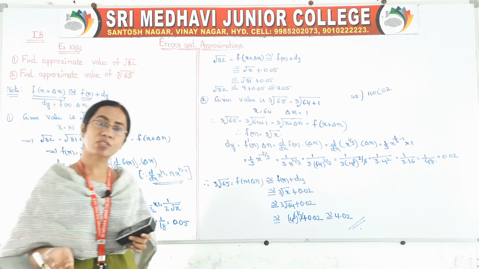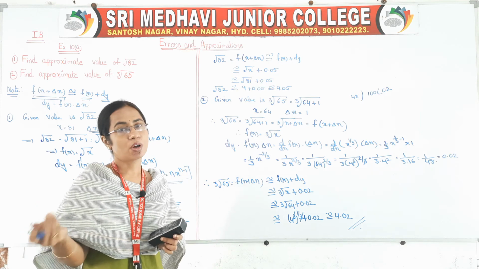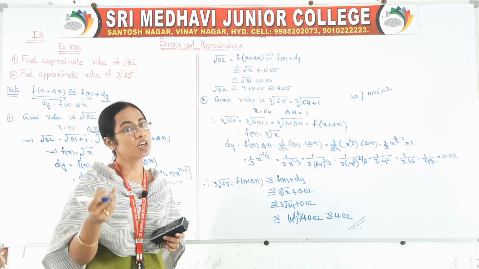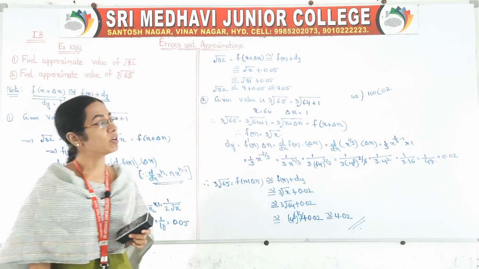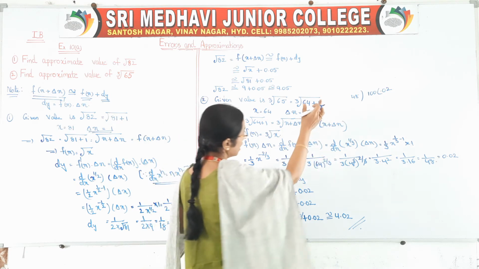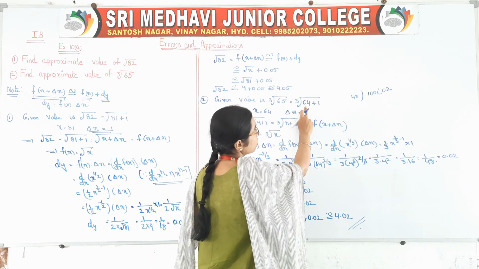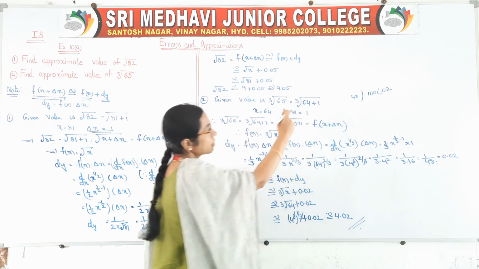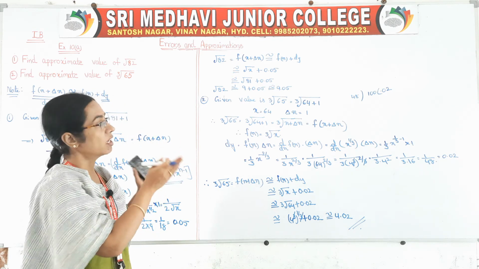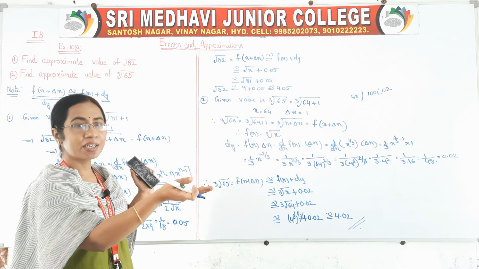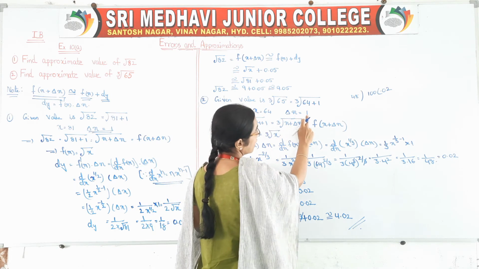If they are perfect squares or perfect cube roots, then no problem, directly we will get it. But instead of perfect cube roots or perfect square roots, suppose values are given to you like this. First try to write it as the nearest cube root value. So 65 can be taken as 64 plus 1. If x is 64 it will be perfect, but there is a small error, an extra value in x, that's why delta x is taken as 1.